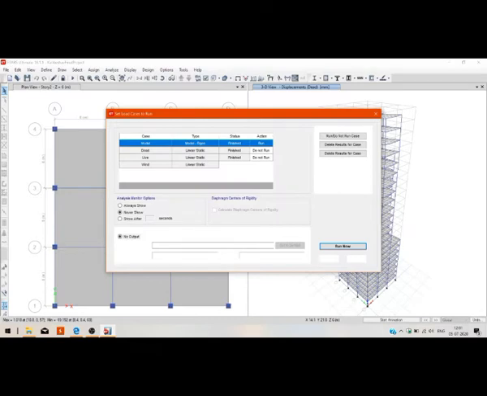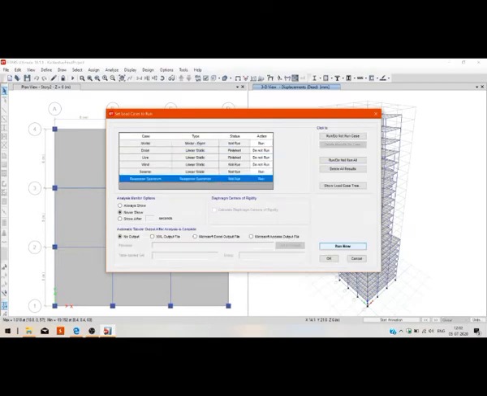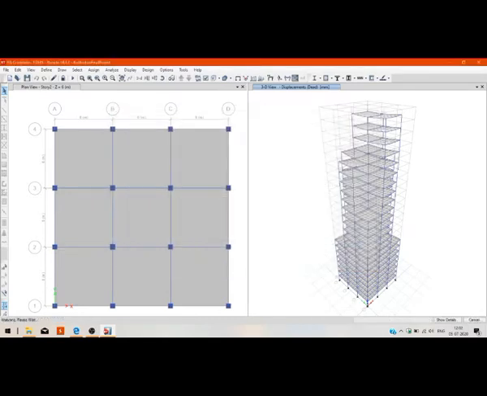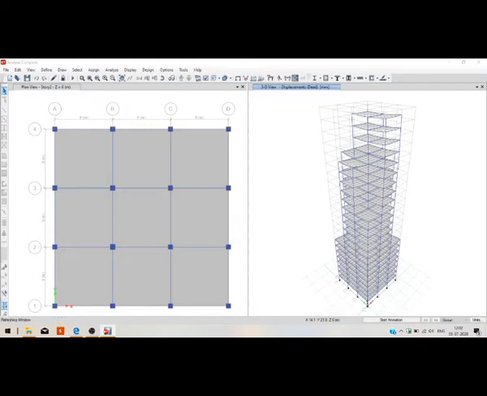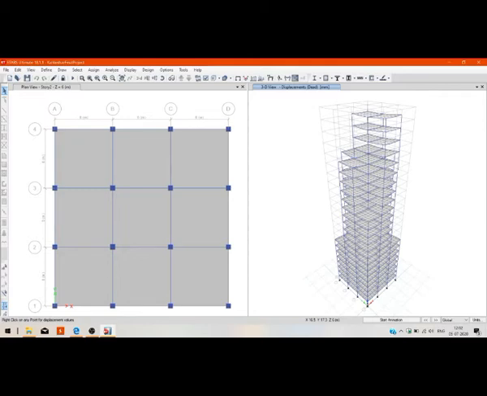Now go to the analyze menu and then set load cases to run. Here we won't run wind, dead and live loads. The rest we will run. Now click on run now.